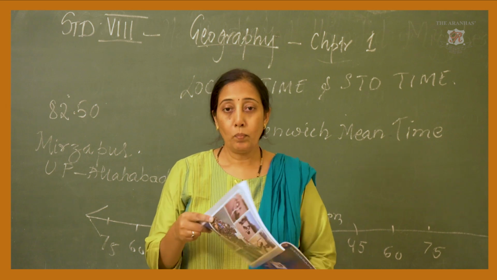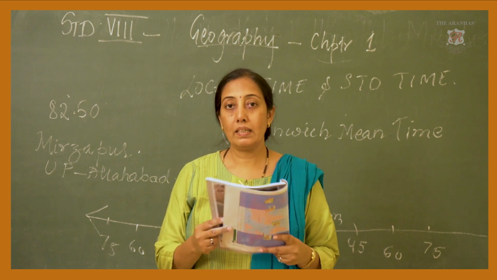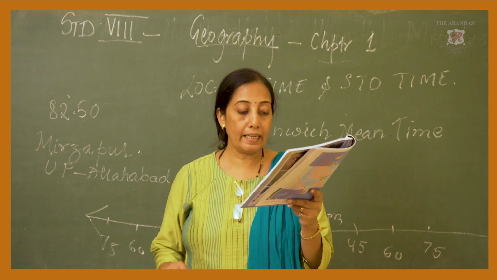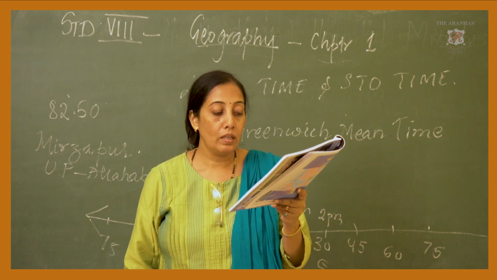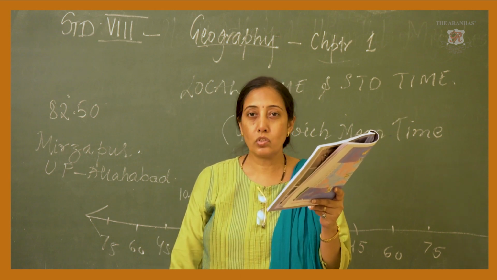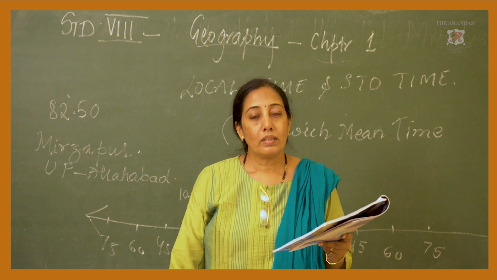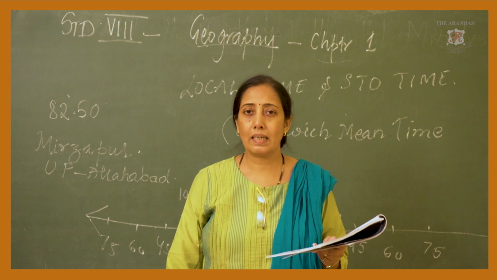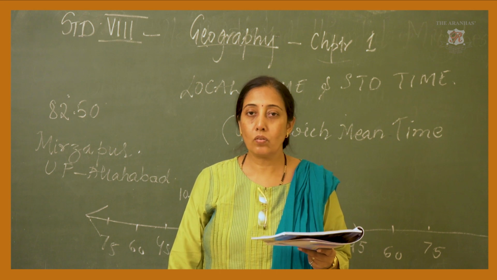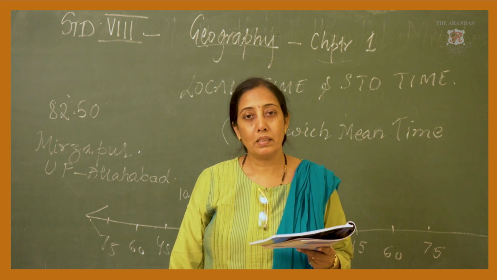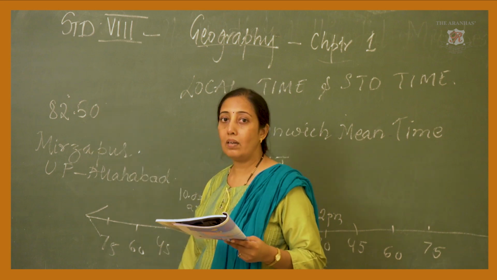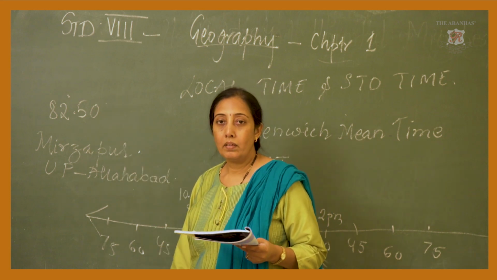Fine. Now, see, Mumbai is located at 70 degree east longitude. Kolkata is located at 88 degree east longitude. Now find the difference between the longitudes of these two cities. Now, is the time going to be the same? The time is going to differ a bit. But still, do we calculate like that? No. All over India, the time is the same. Why? Because in India, we are having only one local time.